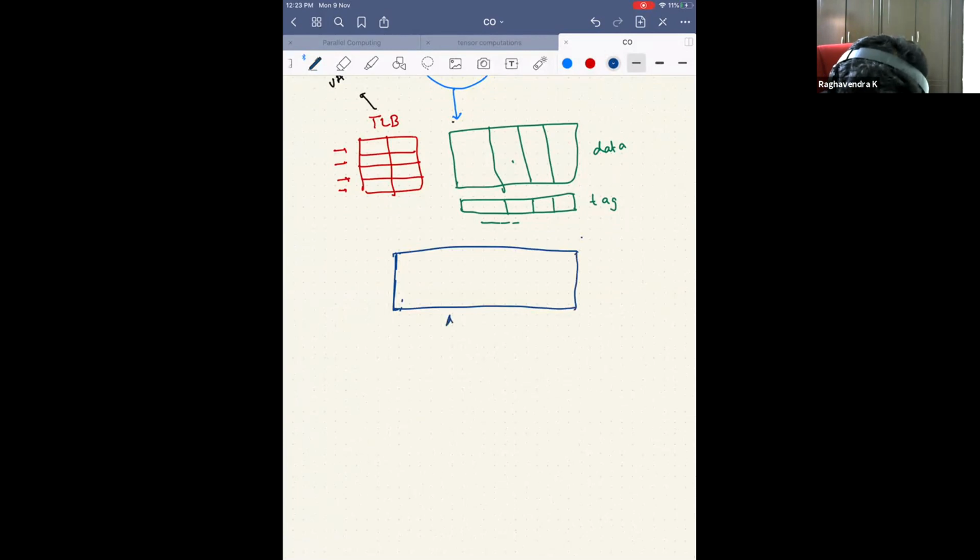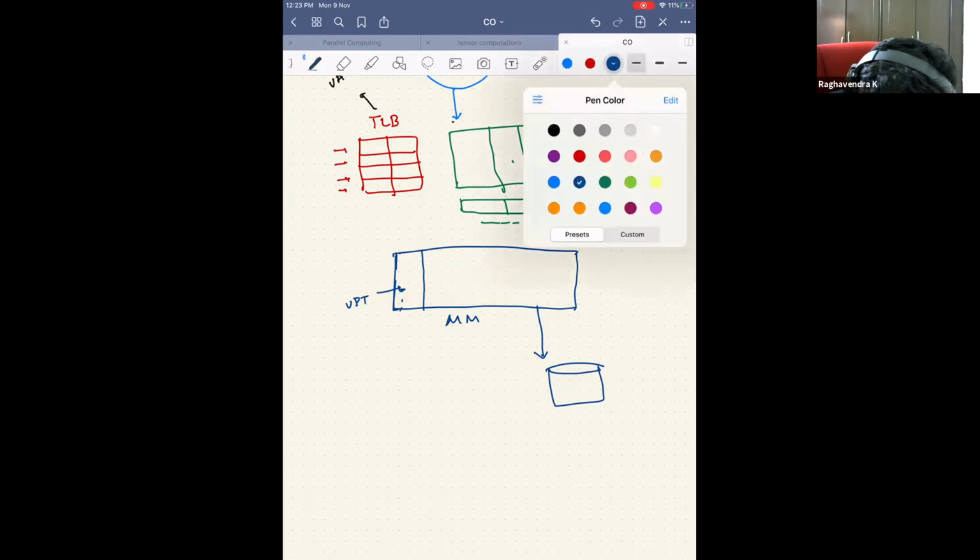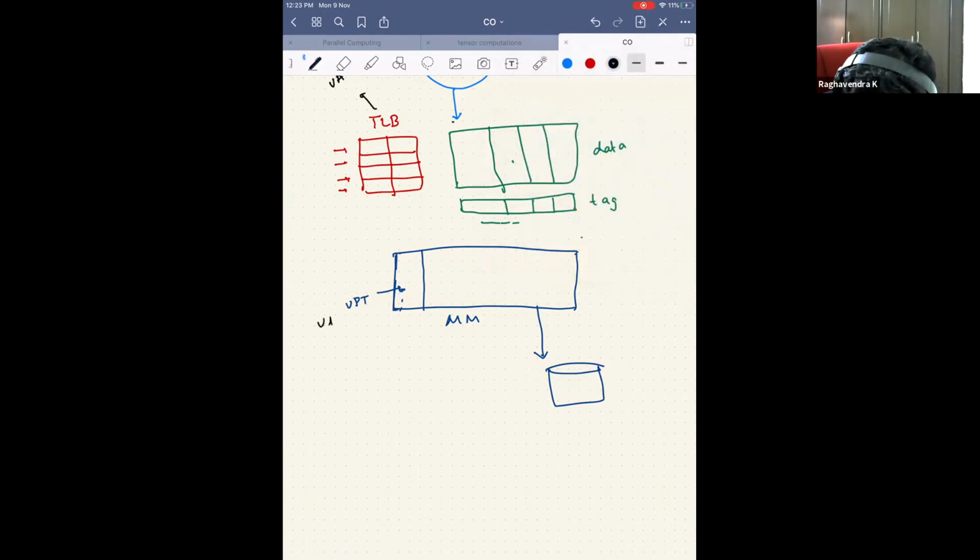And there is this main memory which is made of DRAM. I have reserved some space. Of course, this is also not exactly true. We'll come back to it later. We have reserved some space where I'm storing what? The virtual page table. And then there is this huge amount of memory, and then there is this infinite memory. Of course, as I said, this reserving of space is not exactly the same thing. We'll come back to it later. And this is not infinite memory. That also we'll come back to. Okay, what is the VPT giving to me? VPT is telling me virtual address to physical address.